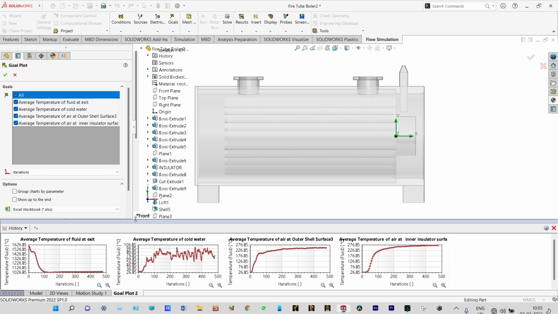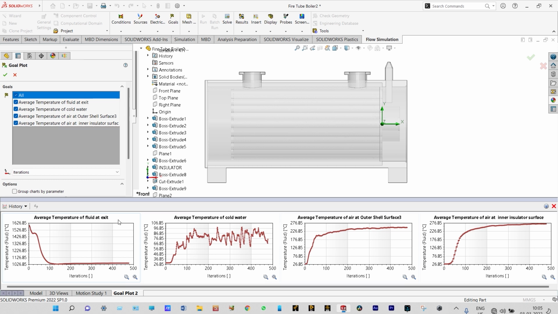Let us view these things together. First one is average temperature of fluid at exit. Initially it was having temperature of 1600 degrees centigrade, and after 477 numbers of iterations, it has come down in the range of